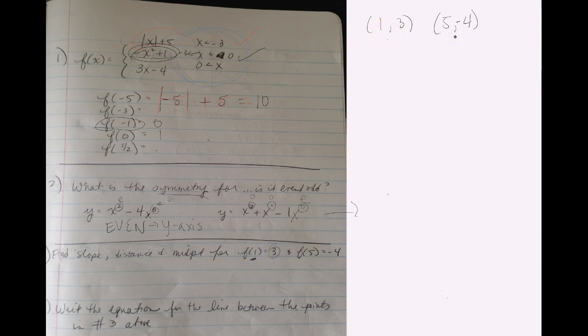All right, so the slope, you just do y minus y over x minus x, and I'm getting 7 over -4, or -4/7. I'm sorry, -7/4. So there's the slope. I'll put an M for slope. It also wants the distance formula. Some people remember the distance formula, some don't. I think I've told y'all before, I actually just imagine a graph. The point (1, 3) is here, and the point (5, -4)